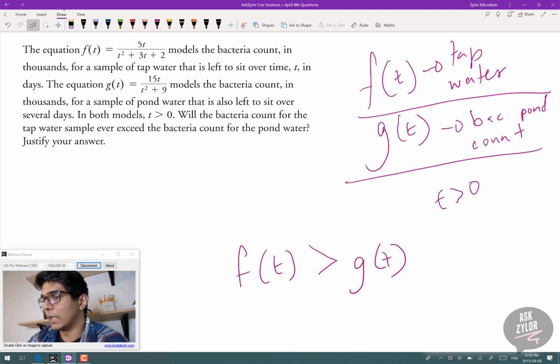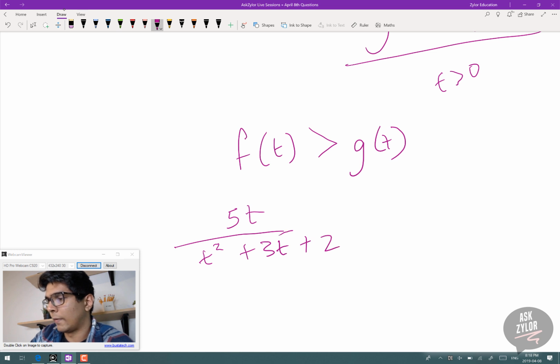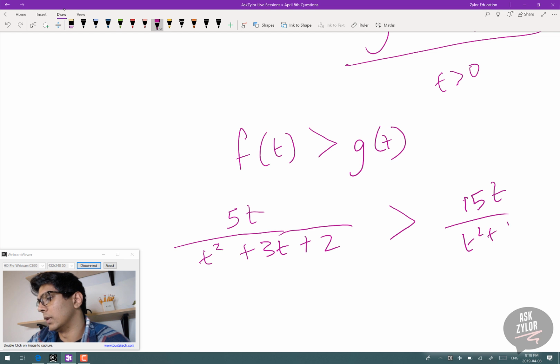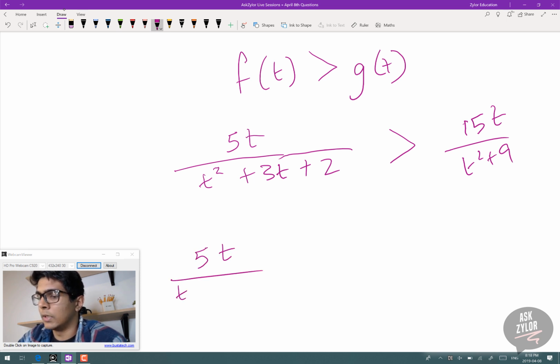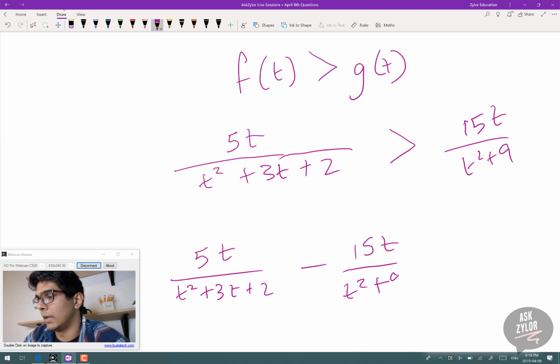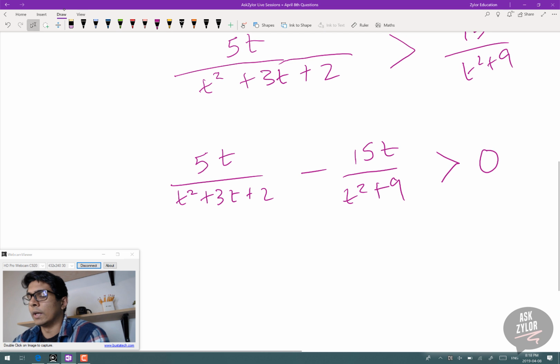Right. So let's go ahead and substitute the equations that were given to us for f of t and g of t. So I have 5t over t squared plus 3t plus 2. Is that greater than 15t over t squared plus 9? Right. So I can bring all the terms over to the left, meaning 5t over t squared plus 3t plus 2 minus 15t over t squared plus 9. Is that greater than 0? Right. So then we have to